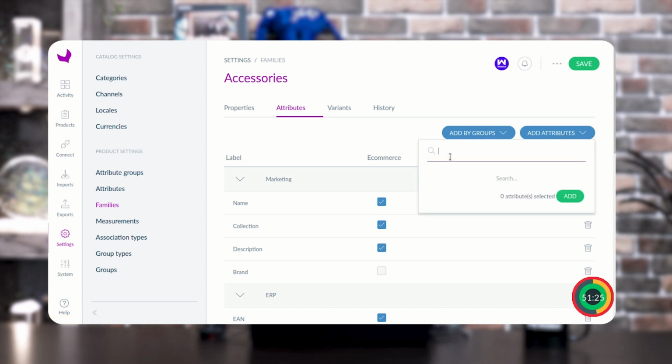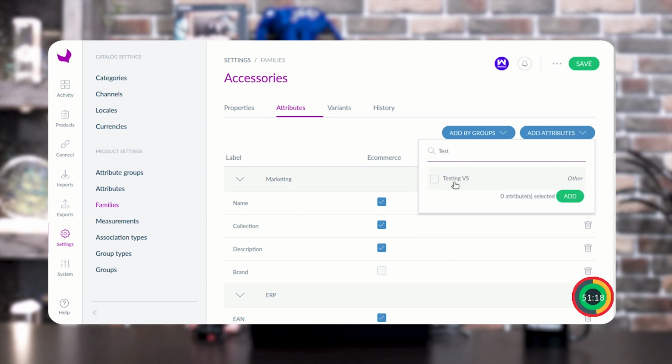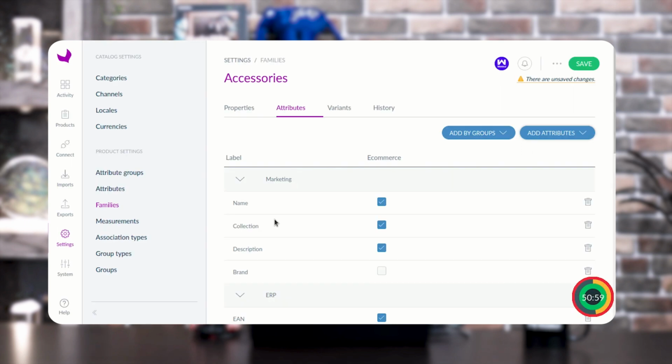And here I am going to add that created attribute. As you can see, I have selected that particular created attribute, and after that I am adding this particular attribute into the family. So I just need to choose that particular attribute and then tap over the add button. Accordingly, you can see it here.